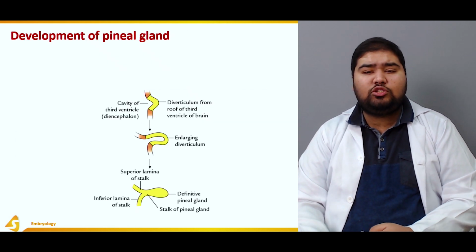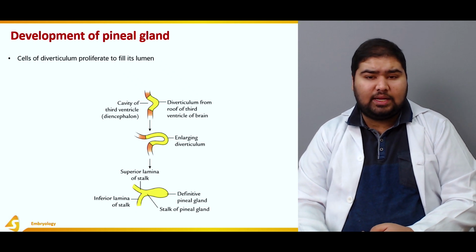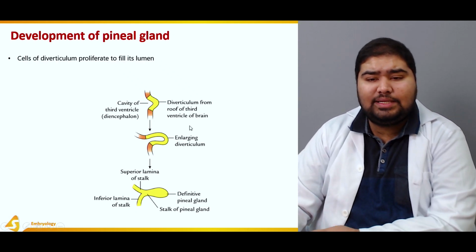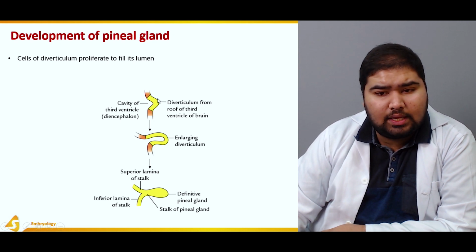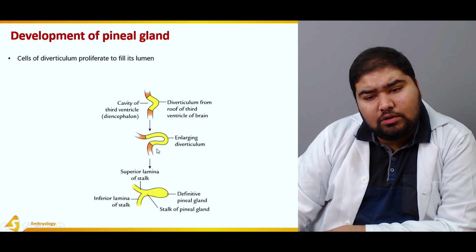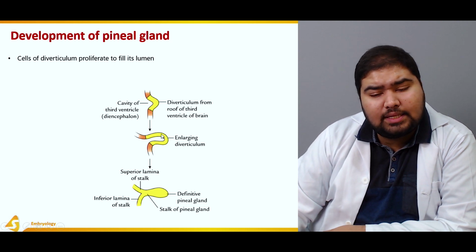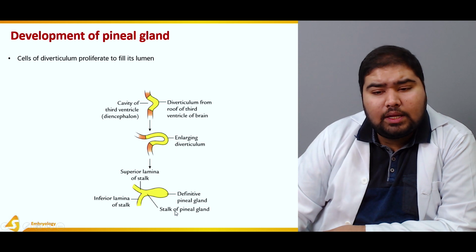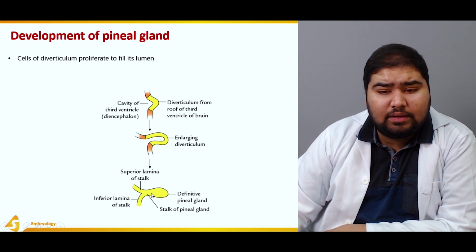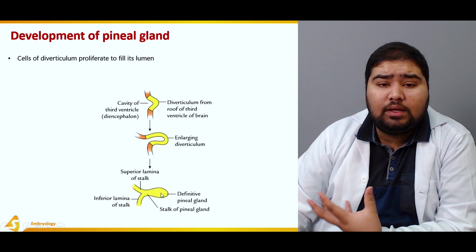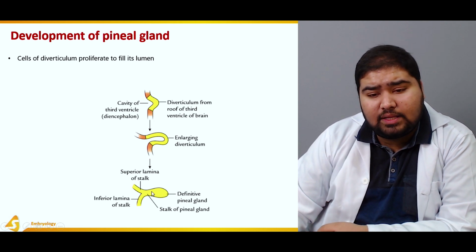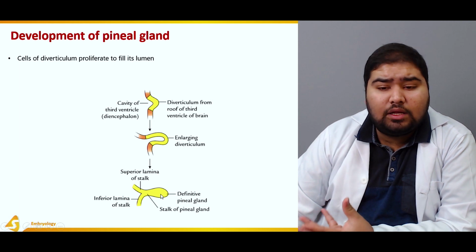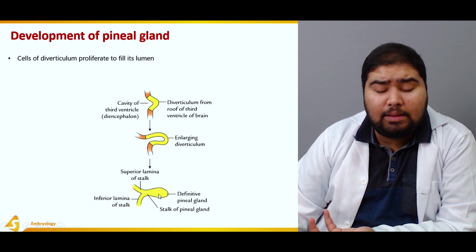So, let's talk about the development of pineal gland. There's a diverticulum from the roof of the third ventricle of brain. So this is the diverticulum we are talking about. Then this diverticulum undergoes enlargement. Here you can see there's enlargement in the diverticulum. Then the cells of the diverticulum proliferate to fill the lumen. Here you can see in the figure there's filling of the lumen so that the lumen is